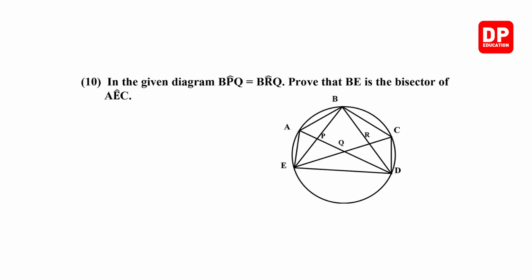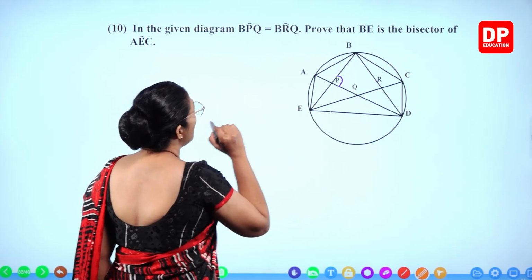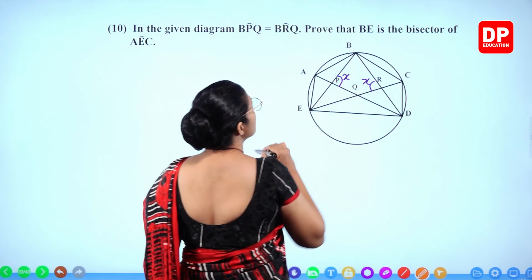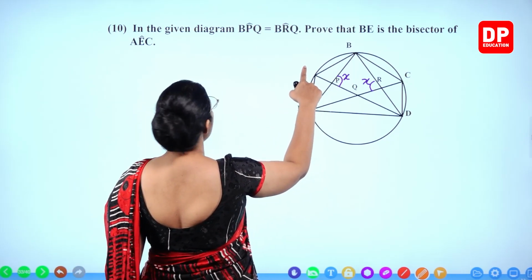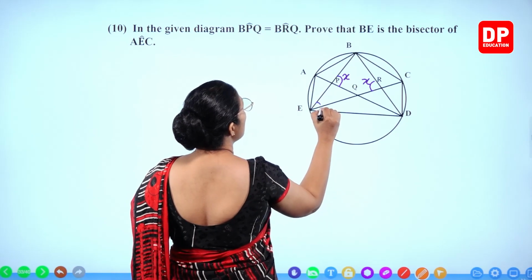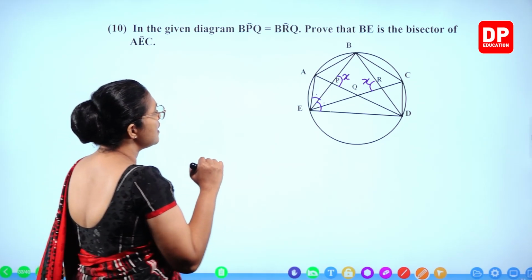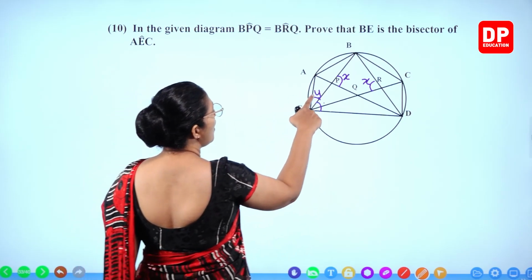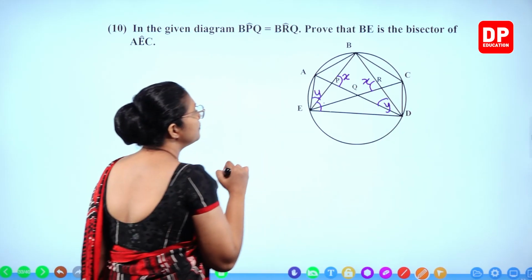Question number 10. In the given diagram, BPQ angle is equal to BRQ angle. These two are equal. We'll put X and X. Prove that BE is the bisector of AEC. So that means you have to show that this angle and this angle are equal. So let's take this one as Y. If this is Y and this is also Y, same segment angles are equal,